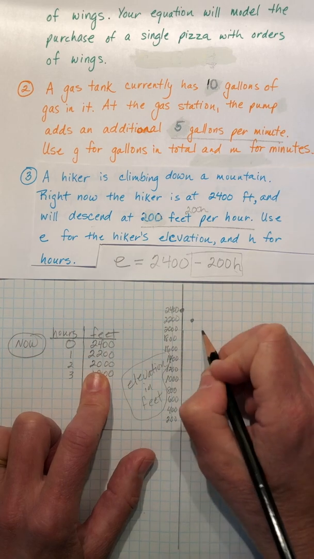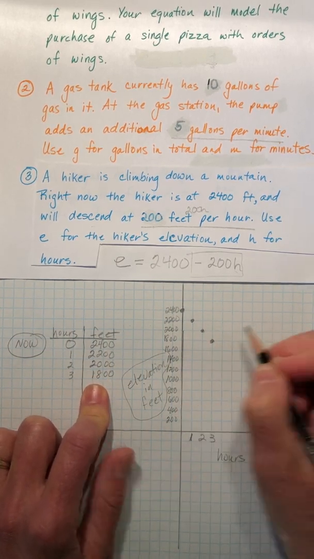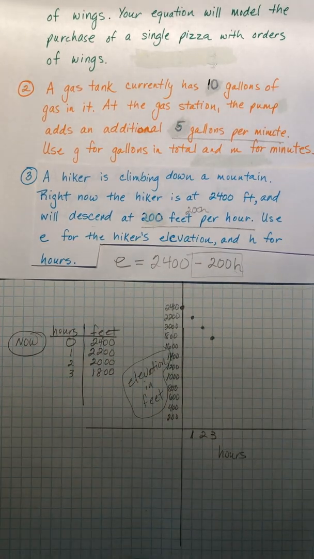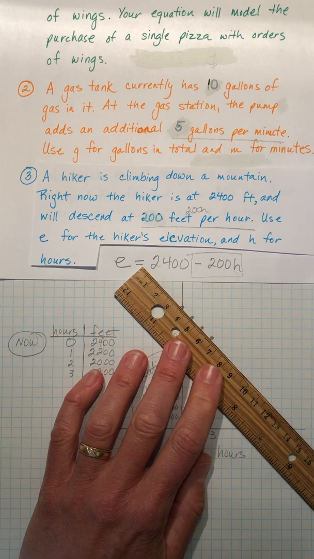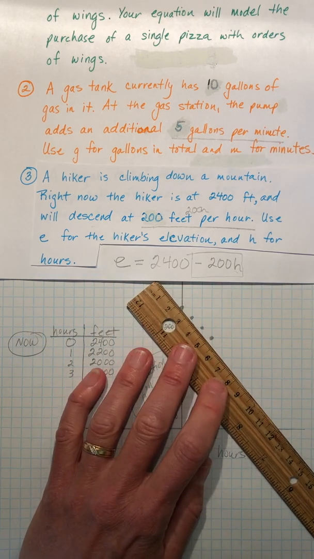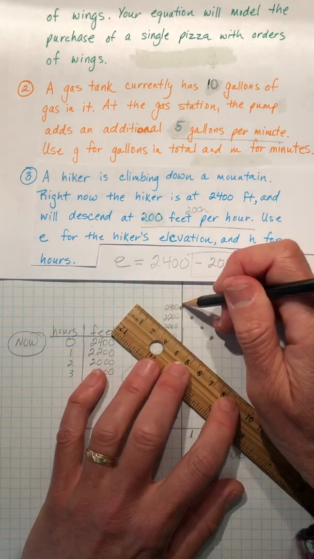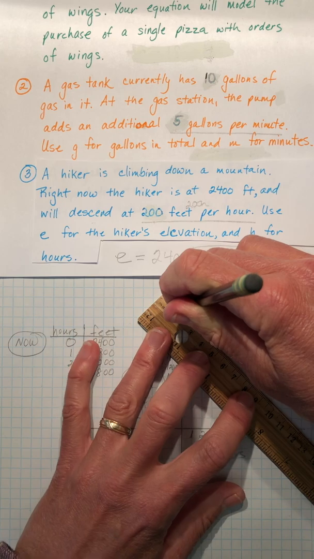Hour 2 is at 2,000, hour 3 is at 1,800, and so on. So since there's no negative time, I am going to start my graph right here,